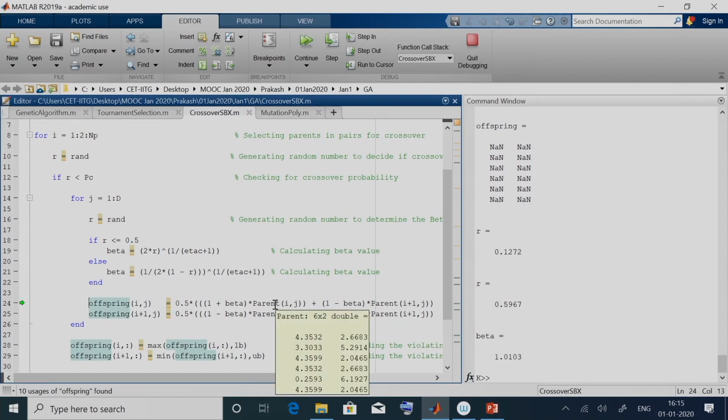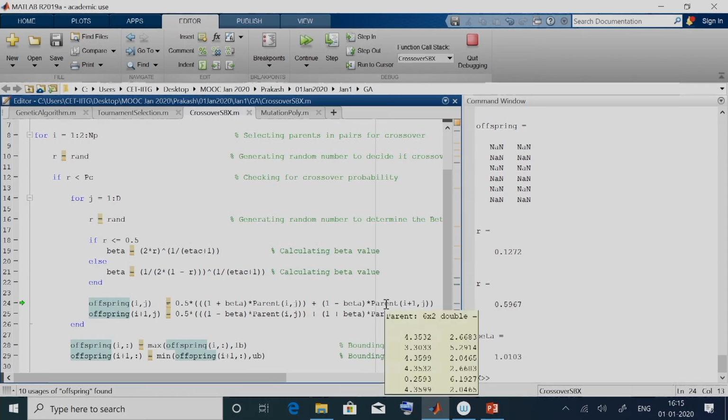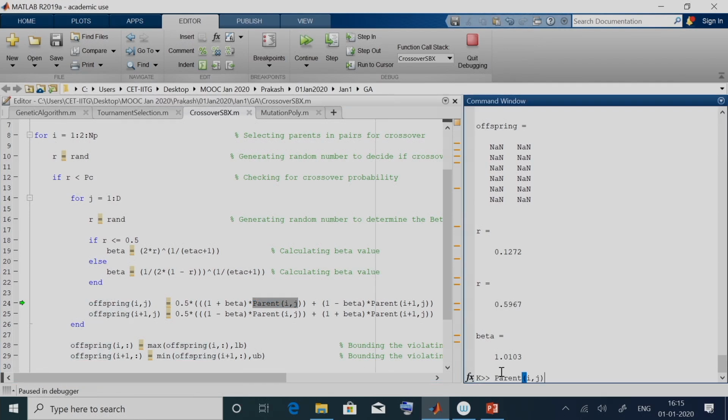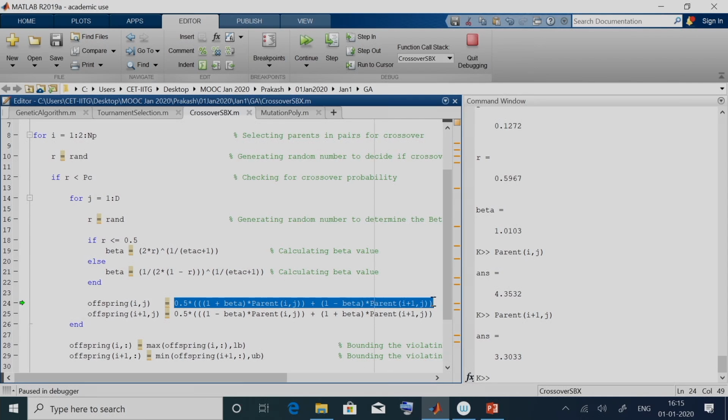So i is now 1, j is also 1, and we are using the value 4.3532 with 3.033. If we access this over here, parent of i comma j and parent of i plus 1 comma j are the two values which will be participating in this equation to get us the offspring.